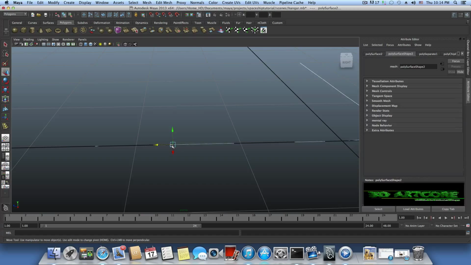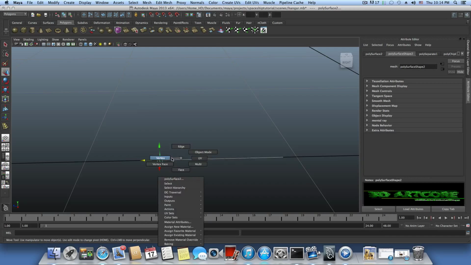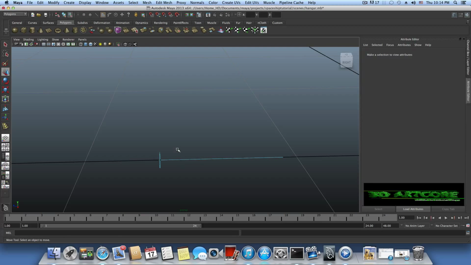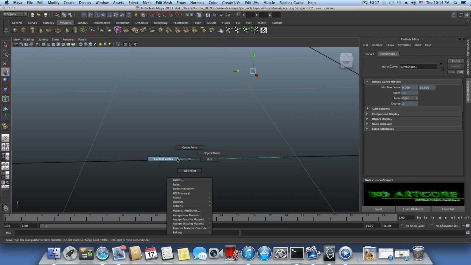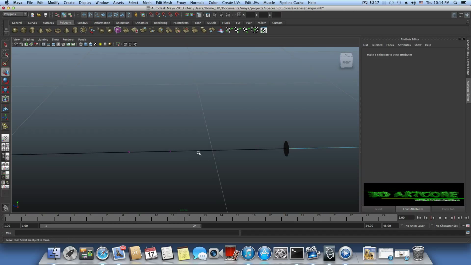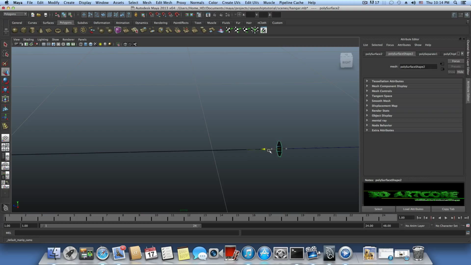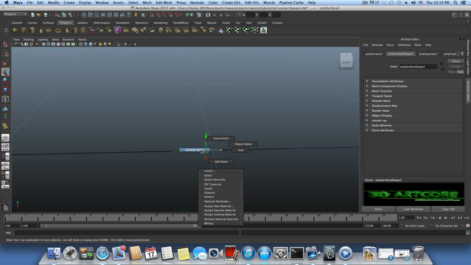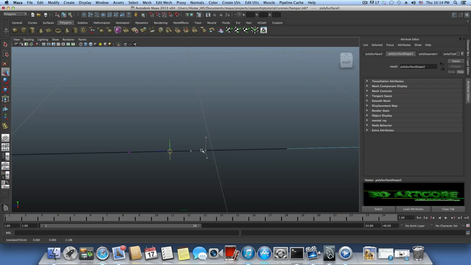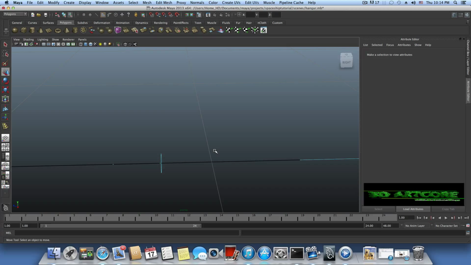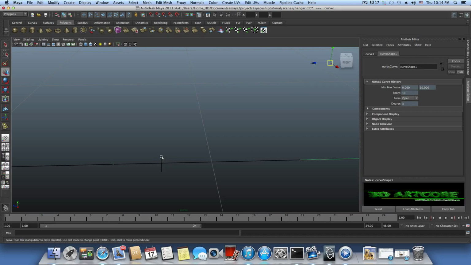So this is why I need to check where the start point of the curve is after I rebuild it. Control vertices, and look for the start point. Here it is. So now we need to move this thing and snap it here. Hold down the V. First choose this, right click on the curve, control vertices, and then hold down the V and snap this to the U. Now F8 to bring them both to object mode, choose the curve, choose this face, Edit Mesh,